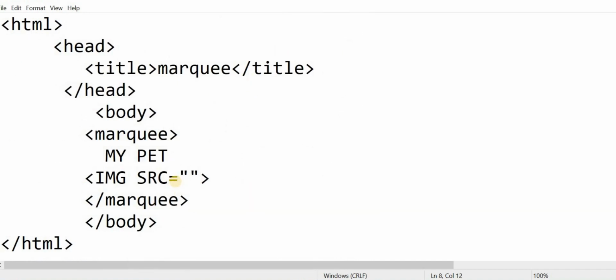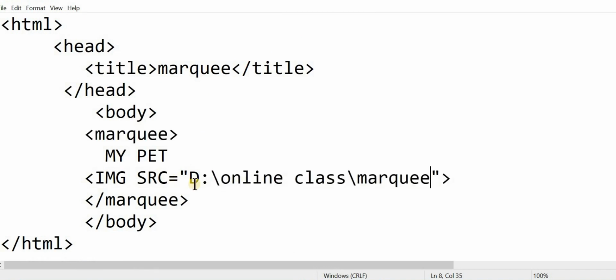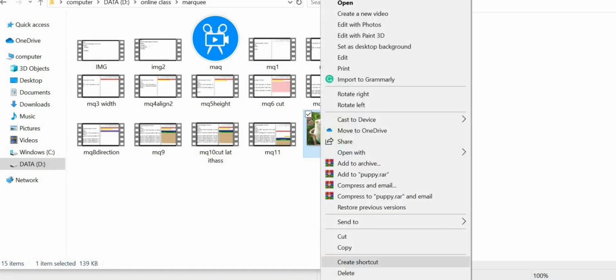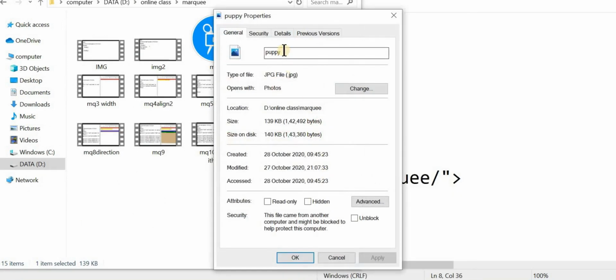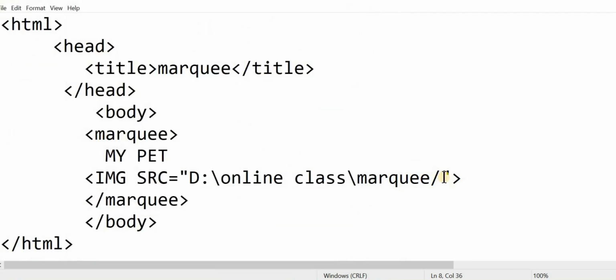Inside the double quotes you have to paste that and you have to put this slash, not the same slash here, and again you have to copy the file name from the properties. Look at the file name and the type of the file, JPG, not JPEG, it's JPG. So you can copy the file name from there and paste that here, Control V dot JPG. Clear?